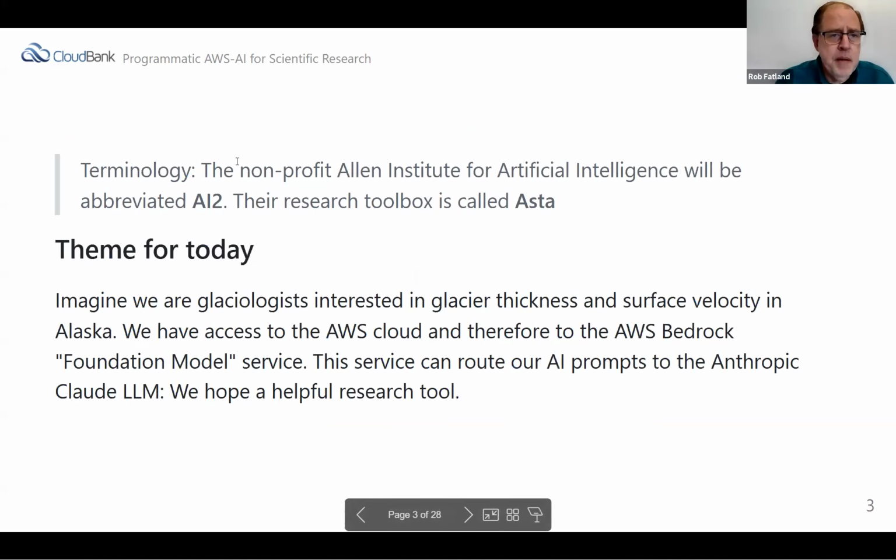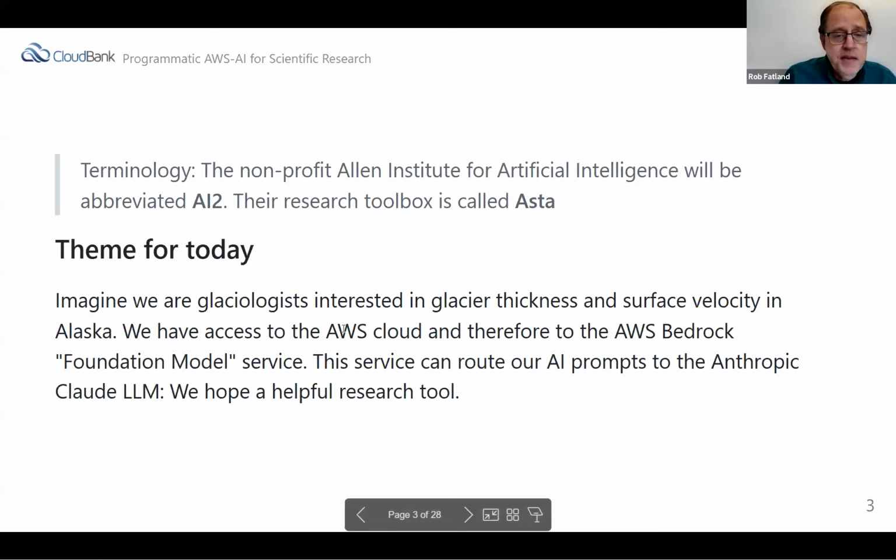So I mentioned the Allen Institute for Artificial Intelligence. That's abbreviated AI2, and they have a research toolbox that I'll refer to as ASTA. So that'll come up later. Today's theme, I'd like to imagine that we are glaciologists and we're interested in glacier thickness and surface velocity in Alaska. That's just to have a definite topic to pursue.